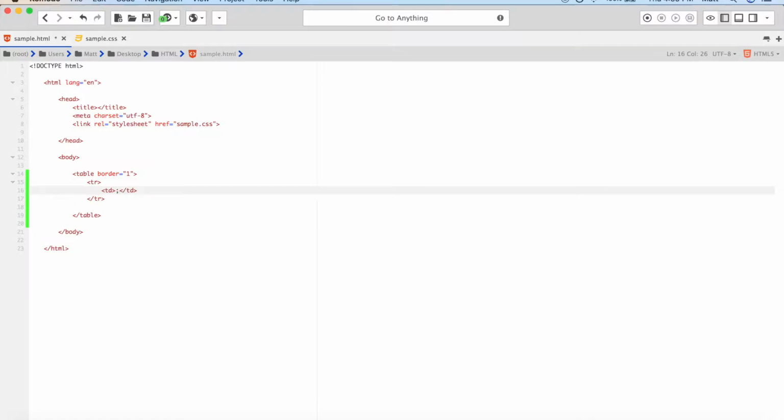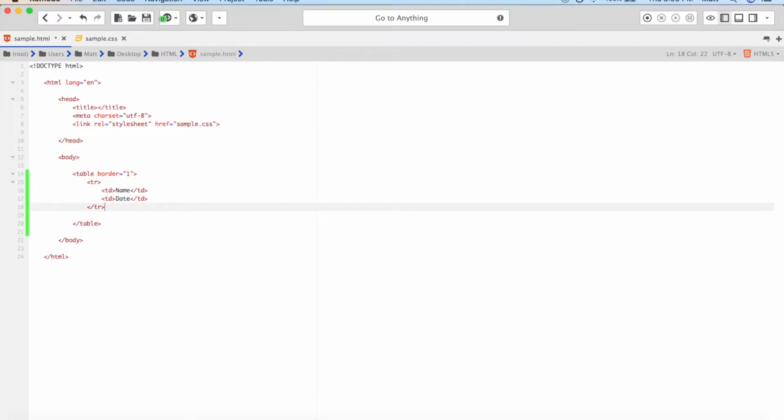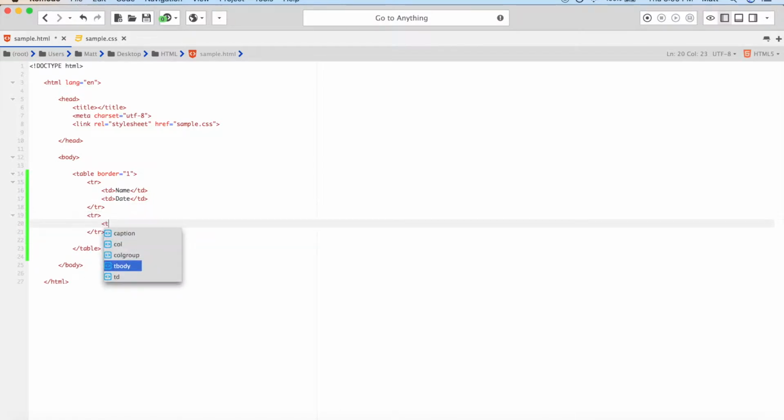Okay, and we're going to make a simple one that you guys will see in a moment. TD. This is going to be a simple bird sightings table. That's what it's called. Okay. TR, TD,